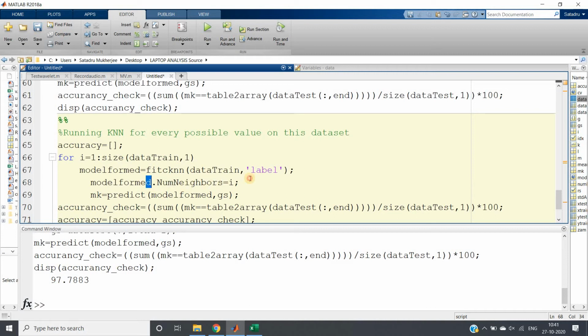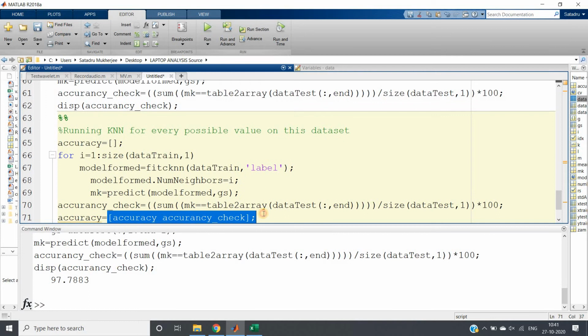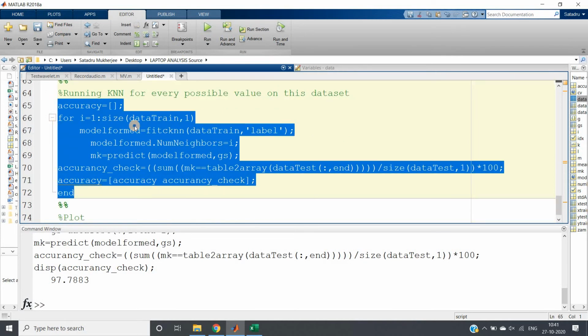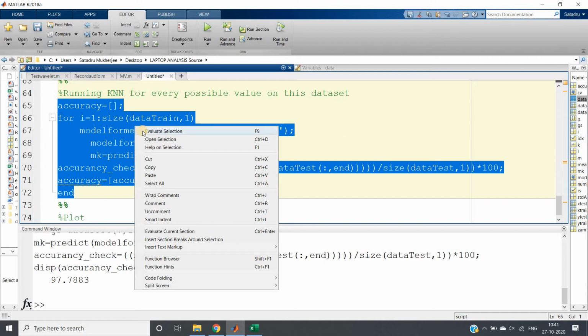So each time I am changing the number of nearest neighbors, increasing gradually, predicting accuracy, and then storing that accuracy in this array. Obviously this part is going to take huge time, because you can understand there is huge computation.